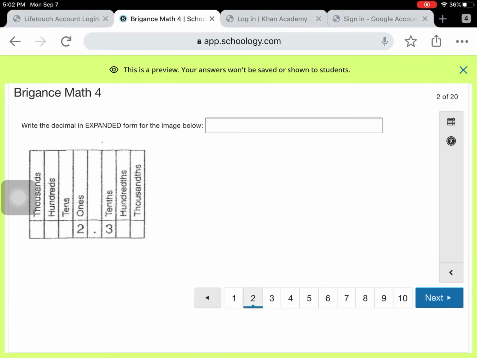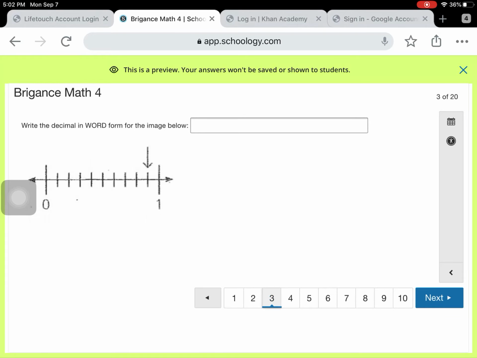So we'll look at a couple of the other questions. Same thing, but now we're looking at writing the decimal in expanded form. If I don't know what that is, again, take a guess. If you don't know, it's okay to get it wrong, but please don't ask or look up what the answer should be. Last in this similar set of directions is writing the decimal in word form. So you see the arrow is right here. It's asking what is that number if it was a decimal as a word.